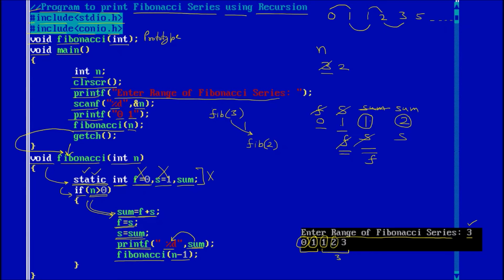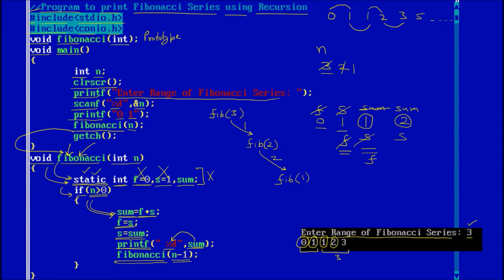After that, it is again calling the same function, calling itself. We know that once we have called Fibonacci 2, there 2 is printed. It is calling Fibonacci n minus 1, so 2 minus 1 is 1. So the value of n we have is 1 this time. Now it is calling Fibonacci again. It is not a loop. It is only calling the function copy multiple times, but the value of n is 1.